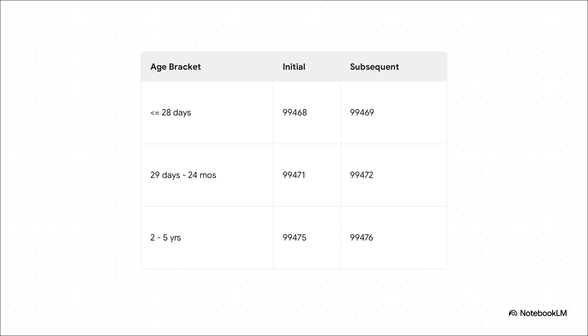Literally, the moment that baby hits 29 days old, all the way up through 24 months, you shift gears to the pediatric codes 99471 and 99472. Then, for children aged 2 through 5 years, we use 99475 and 99476. And what happens when they turn 6? Well, they age out of this structure completely, and you just revert right back to the standard time-based critical care